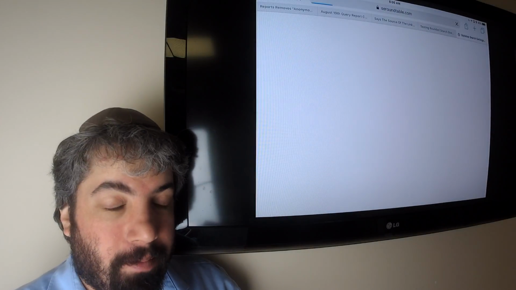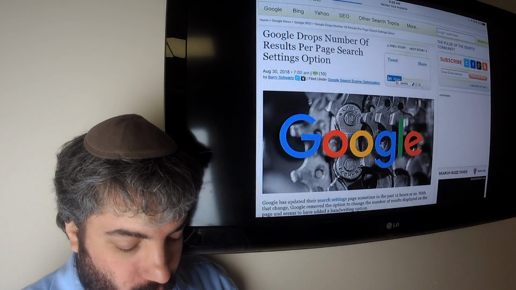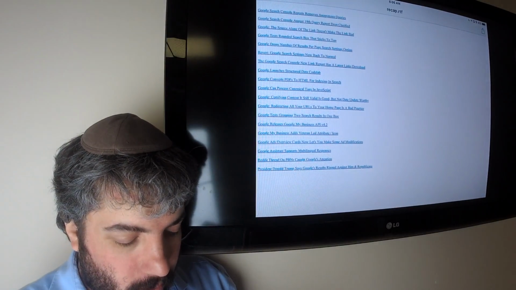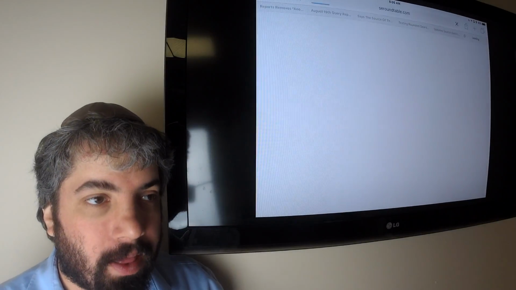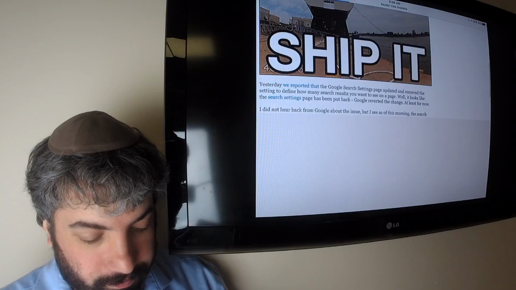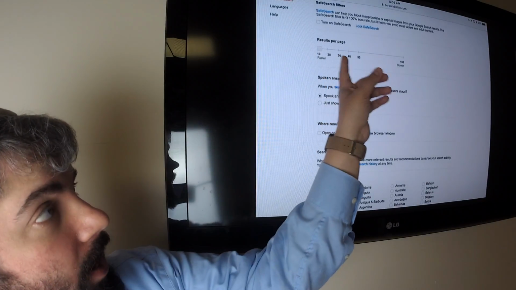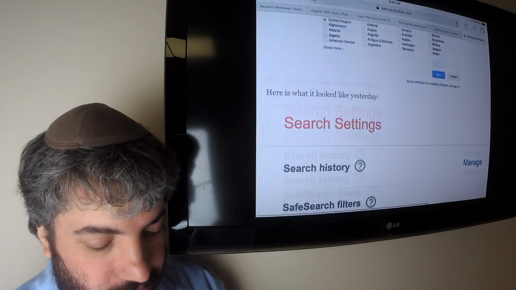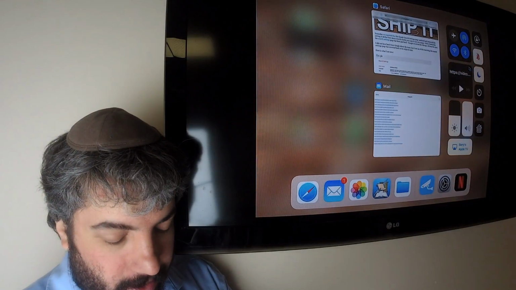Yesterday, Google dropped or updated the Google search settings page. It looked like it was a bug because it's now back to normal. Basically, it looked like Google was showing the mobile version on the desktop version, which removed the number of results you could actually show on a specific page. So here's what you normally see with this results per page. Google actually changed it to show this mobile version, which doesn't have that feature, of course, because of the infinite load more button at the bottom of the page.